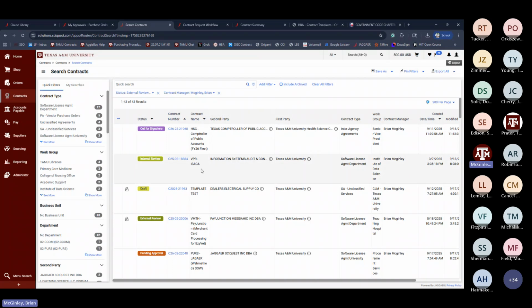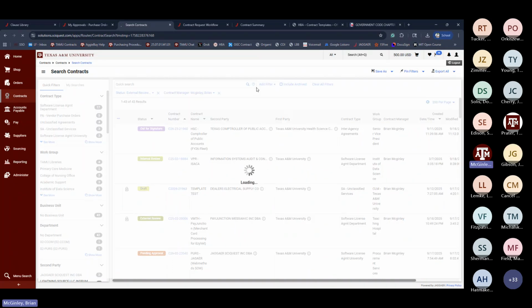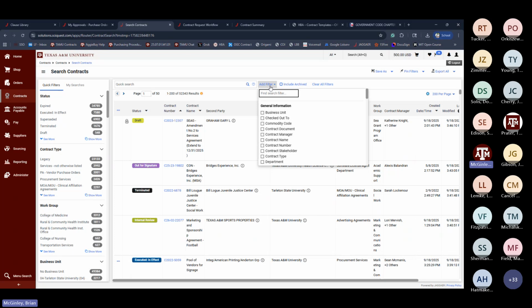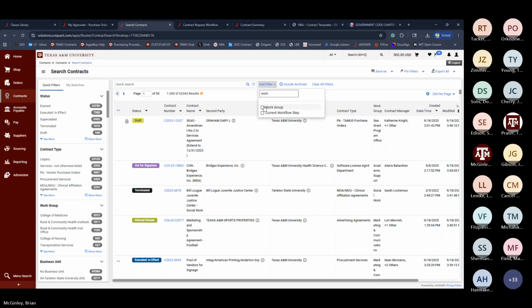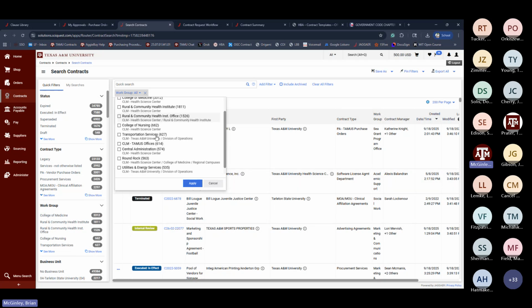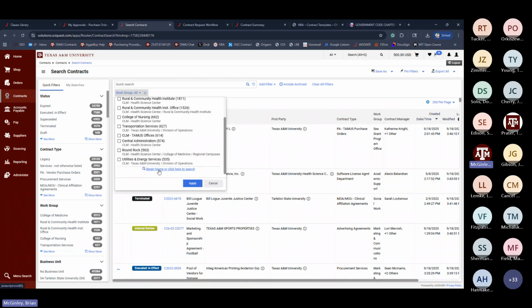Once you've found your contract, well, actually, let me show you one more thing. If you are searching by department and you want to save that search for yourself, instead of using department code, you're going to use something called a work group. This, instead of an accounting structure, more follows the hierarchical or organizational structure of the university. So you come down here to begin typing,